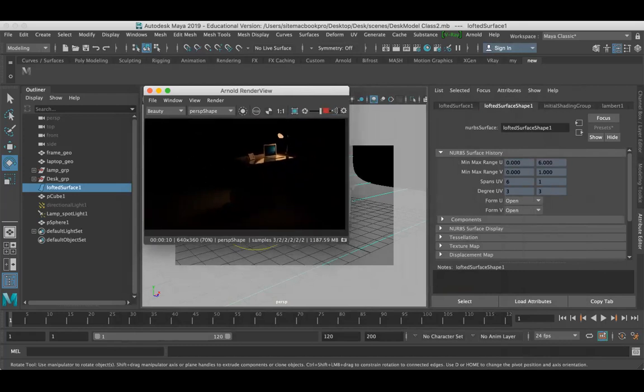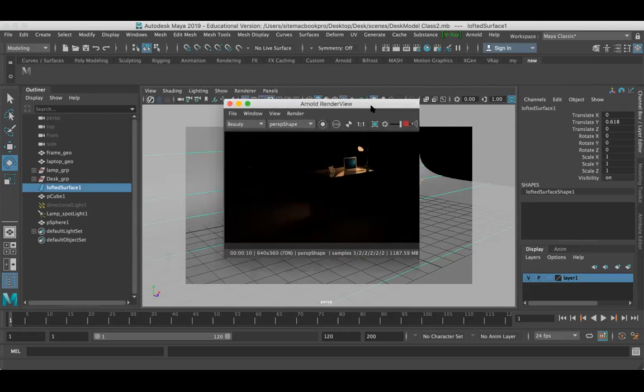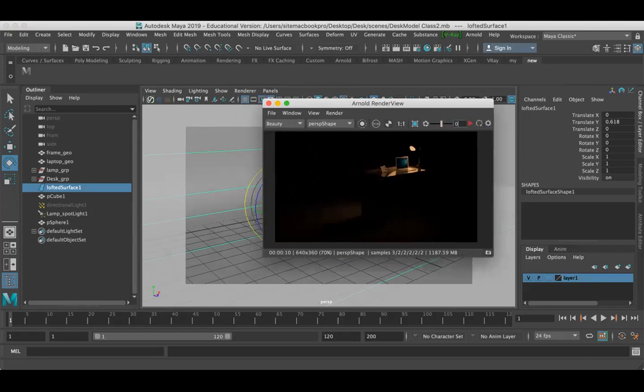So this is the frame, right? We have just worked with the spotlight. We have created a directional light, though the directional light is hidden. My story is to focus on my laptop, this picture.